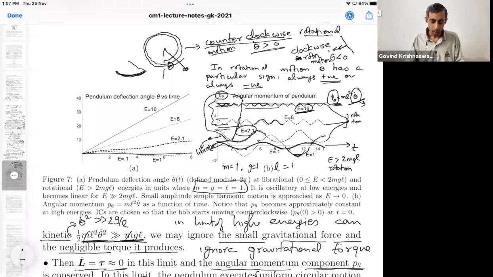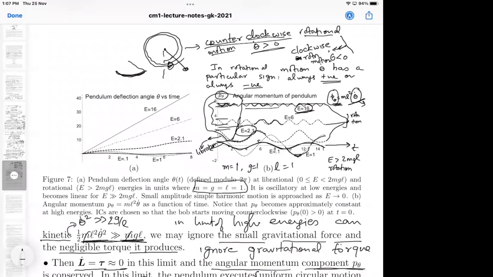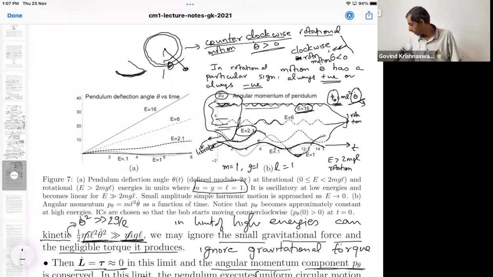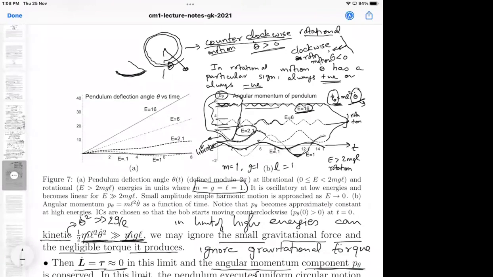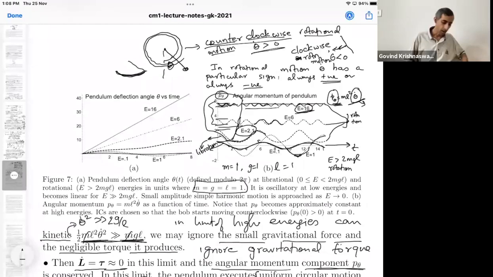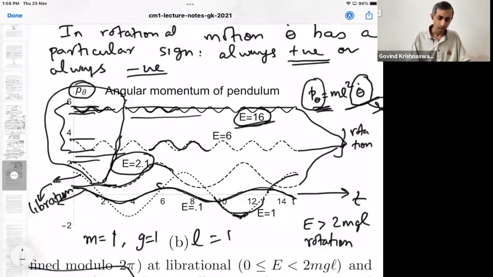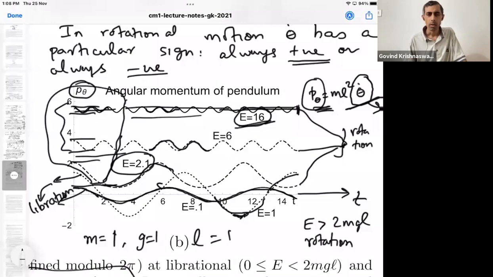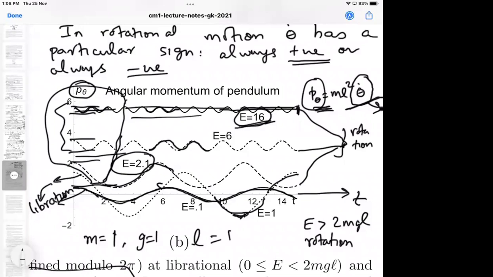Okay, wait. Look, I'm plotting the angular momentum as a function of time. Is that okay, first of all? Now, this is not a constant function. It's an oscillating function. That much we agree upon. So you can ask, when would I like to consider an oscillating function to be approximately constant? We need some definition of that. If the change in P theta compared to the mean value of P theta is small, then we will say it is a function with very small fluctuations. That is an approximately constant function.